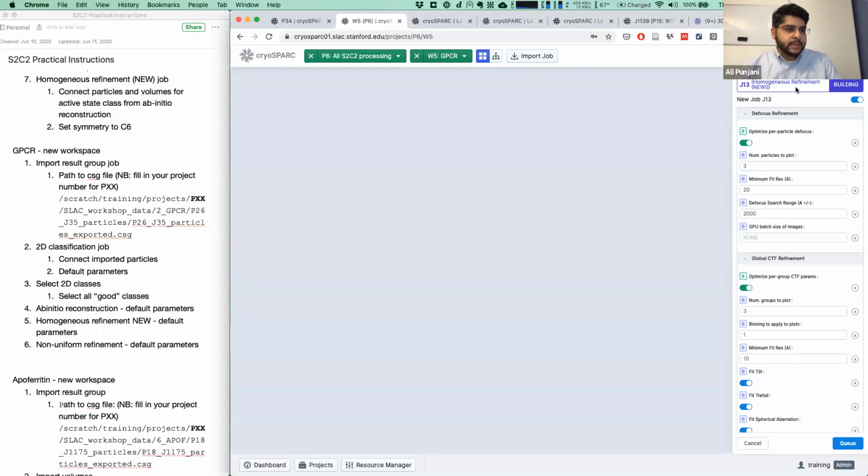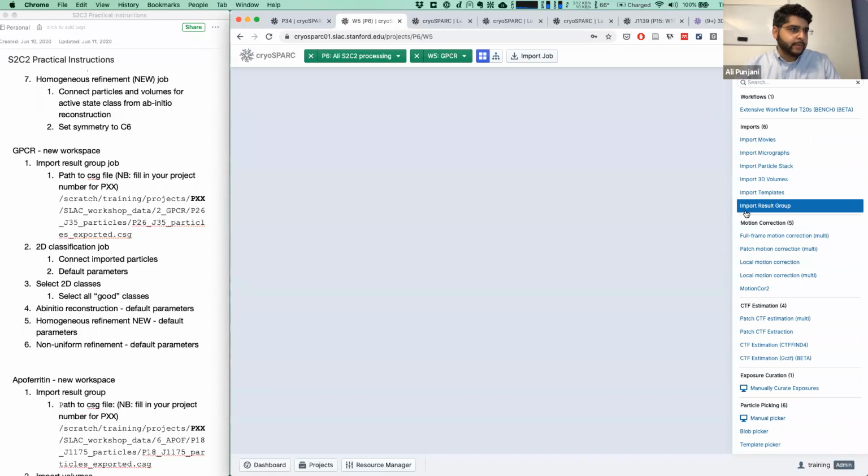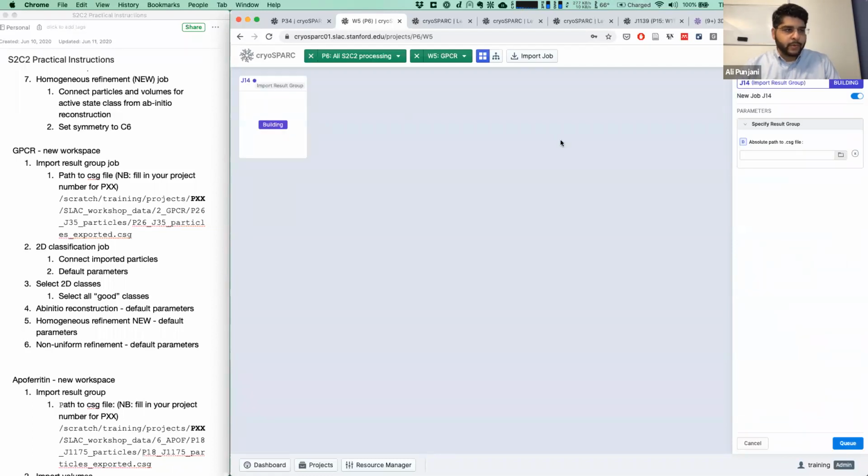And in that workspace, create a new job, which is an import result group job again. So once again, we're importing a CryoSPARC result. So it's just a single file that we have to point to. And as I mentioned before, this job can be used to import any kind of CryoSPARC result into another CryoSPARC